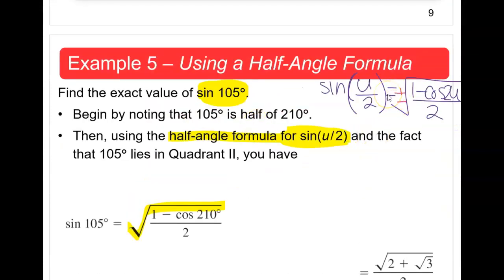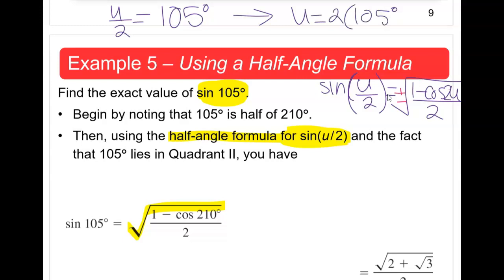So if we think of u over 2 is equal to 105 degrees, then u will equal to 2 times 105 degrees. And that will make u equal to 210 degrees. So that this part here, 2u,